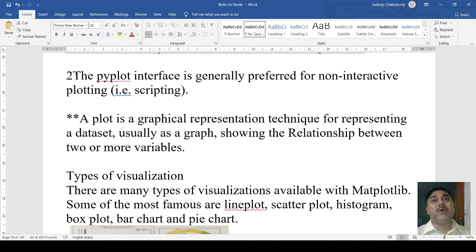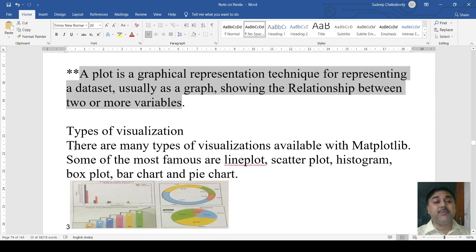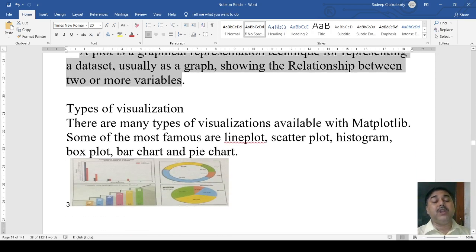So there are different types of non-interactive modes. What we do here is use graphic representation techniques, isn't it? The relationships that we build up, when you want to visualize the facts and show the particular data, you can visualize the data using matplotlib. Some of the very common ones are the line plot or line graph,